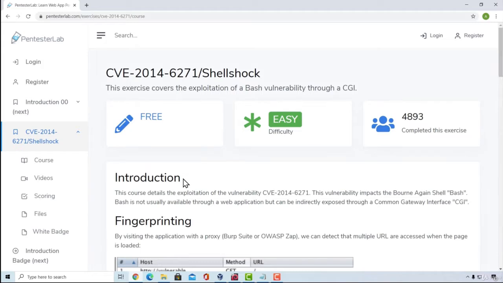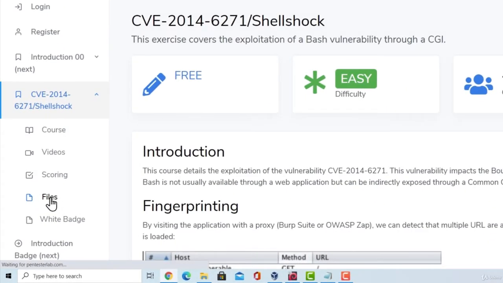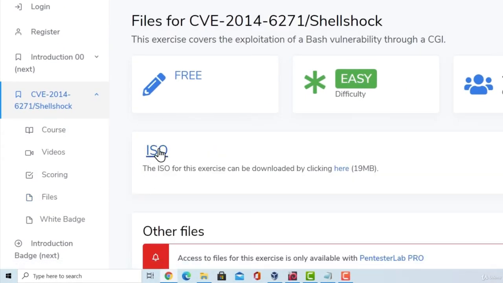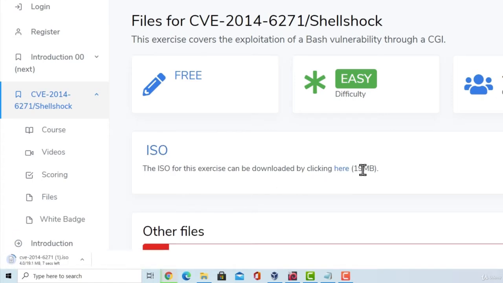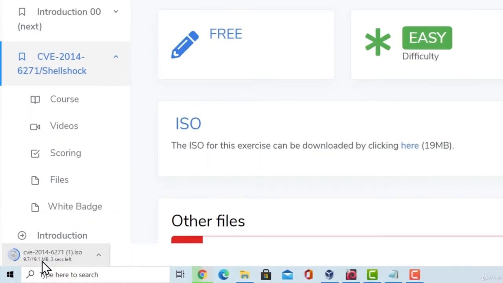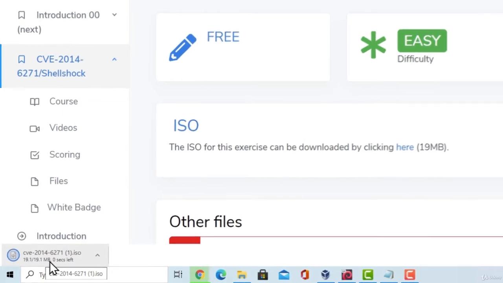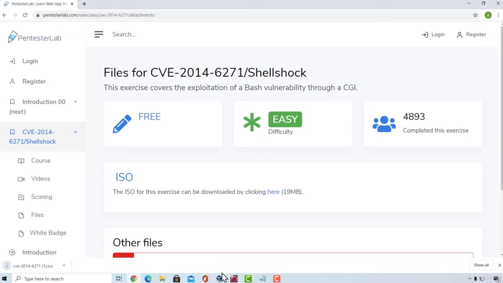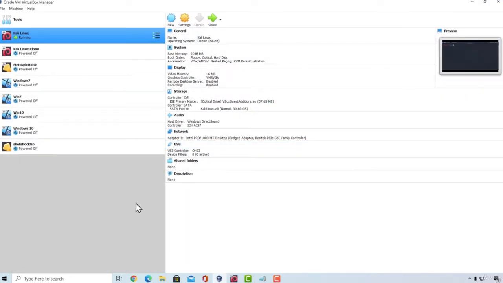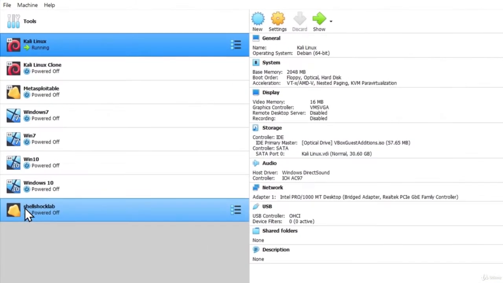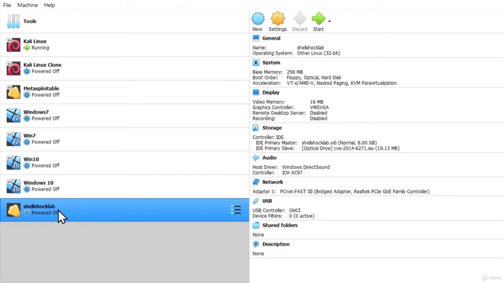What we want to do is we want to go to the files right here, and you should see this ISO where you want to click on it, and it will download the ISO image with the size of 19.1 megabytes. So you can see it is really small. Once you do that, you want to go to your VirtualBox and you want to create a virtual machine as we usually do. Now, I already got ShellShock Lab created with the ISO file that we just downloaded, but what